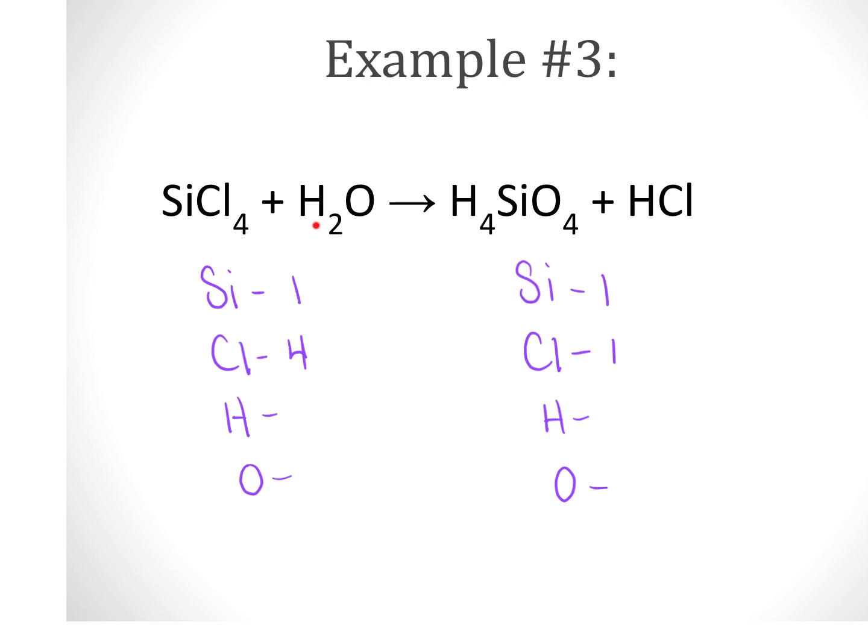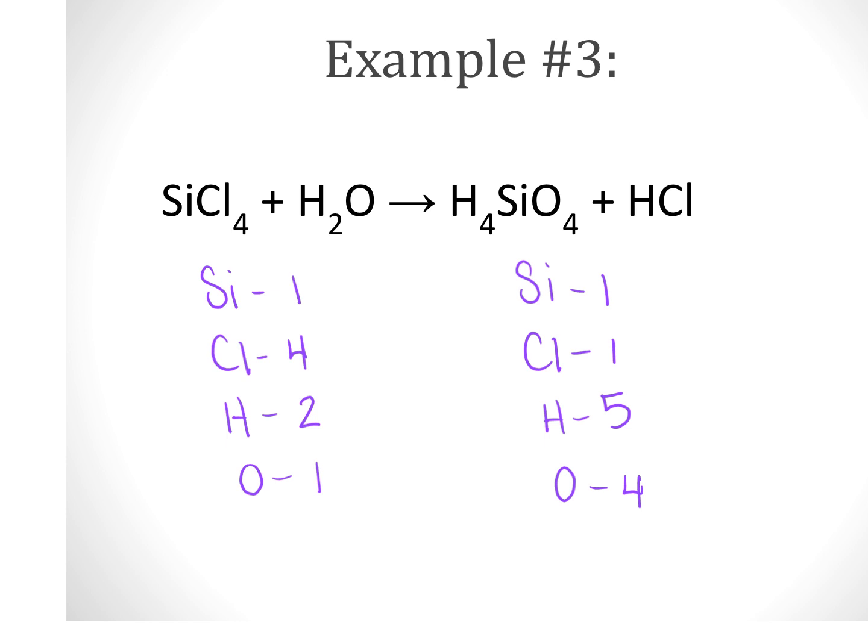How many hydrogens are on the left side? 2. How many are on the right side? 5. Okay, 5. We have how many here? 4 plus 1. Good. And then oxygen on the left? Okay. 1, and then oxygen on the right? Okay,